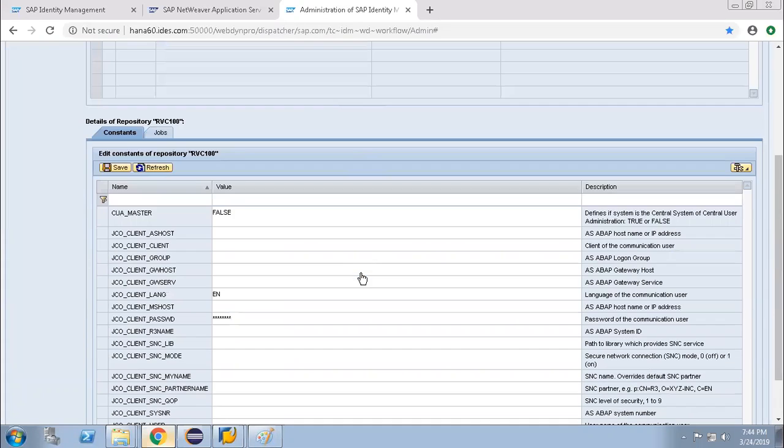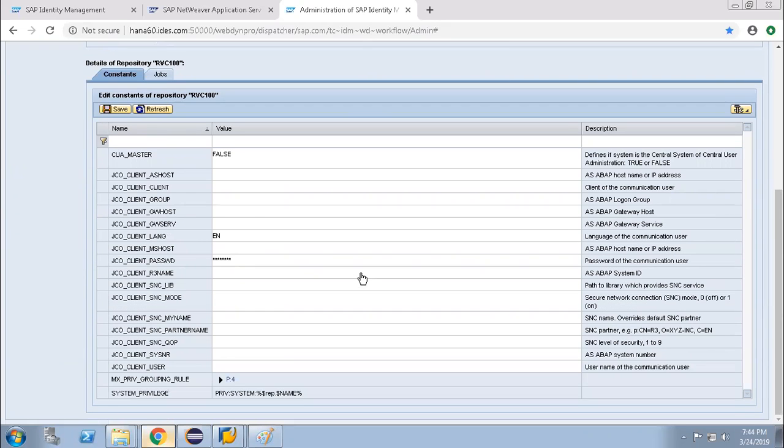Now, what information do I have to put? I have to put AS host, AS client, gateway host, gateway server, language, which is present by default, password, and our communication user ID. These are the most important things that I have to put.